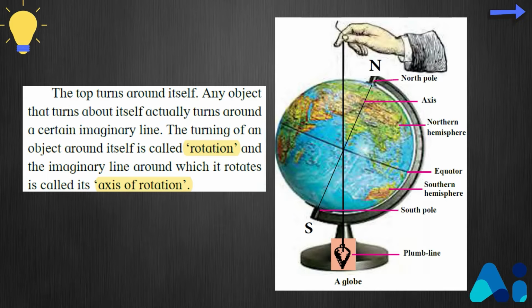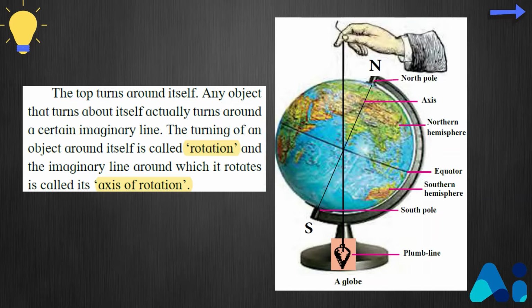So when an object rotates around itself, we call it rotation, right? When an object turns around itself and around an axis, we call it rotation, and the imaginary line around which it rotates is called the axis of rotation, right? So now you can see the Earth rotates around this line that connects the North Pole and South Pole,